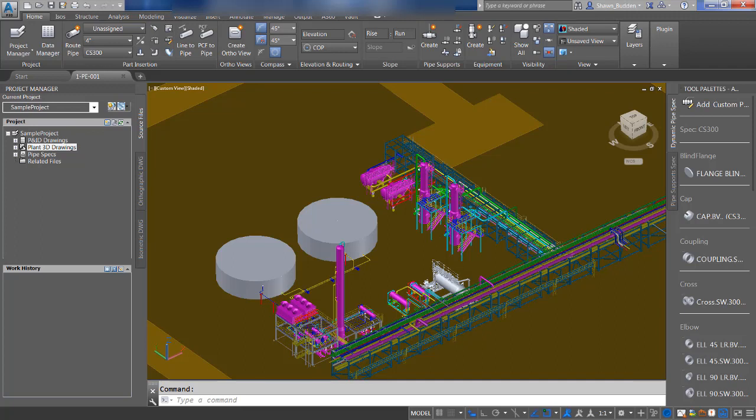Just like AutoCAD, Plant 3D does have a command line at the bottom, and any command can be typed in. And of course, there's going to be times where you're going to want to use some of the same commands that you used in regular AutoCAD, and you can just type those in here as well. But today we're going to focus more on the commands that are more specific to piping and Plant